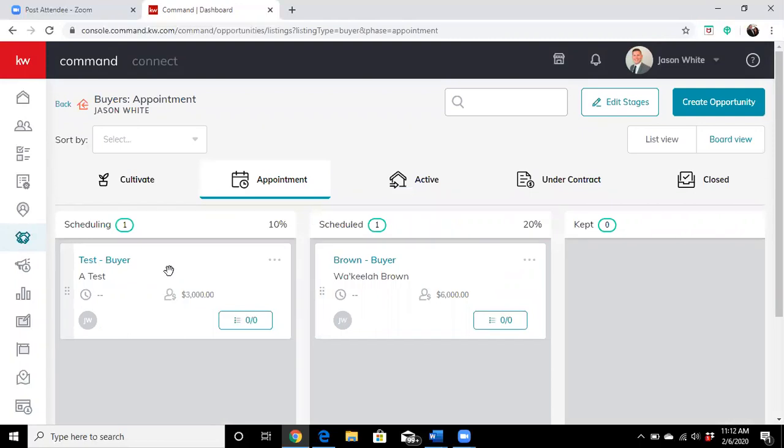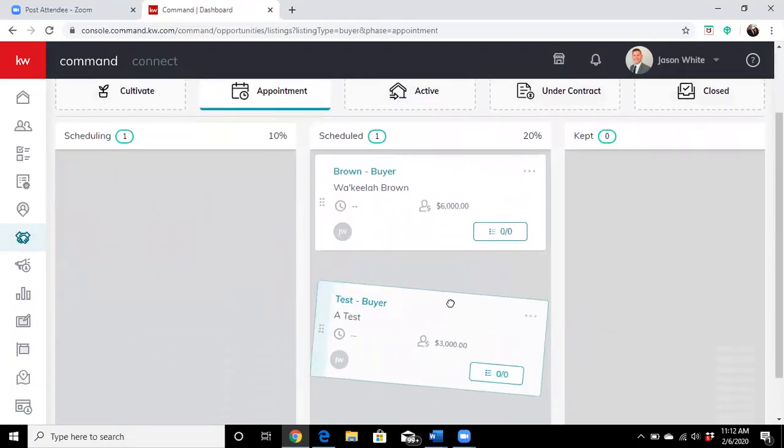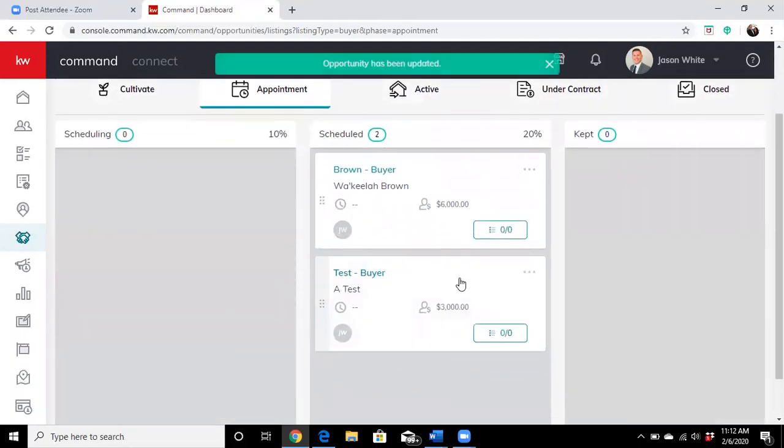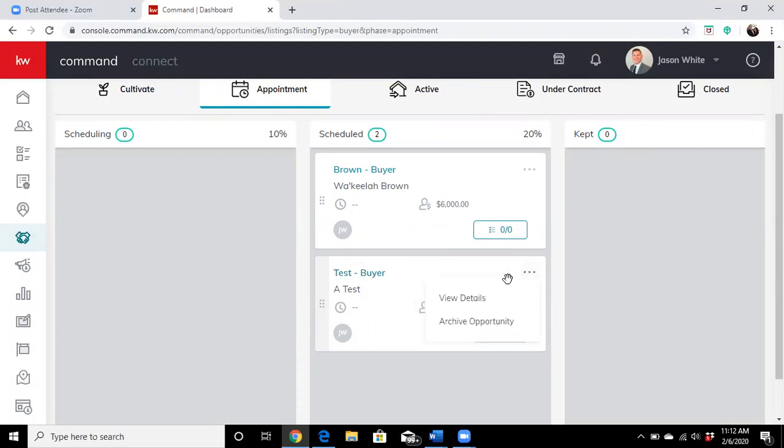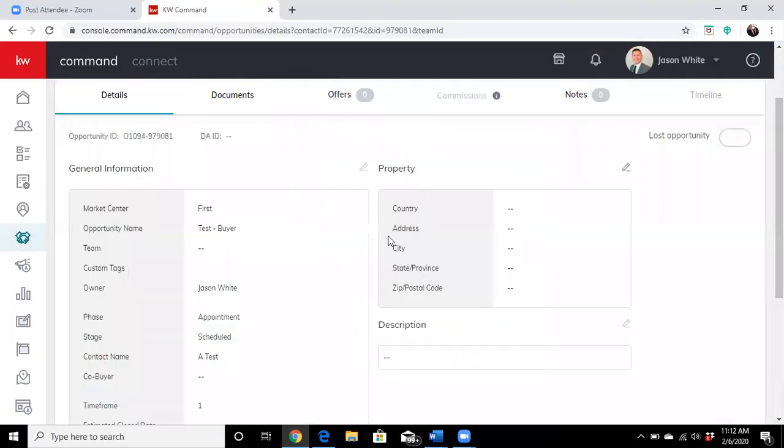Now, if you see the little dots, it's under scheduling. I can continue to move it throughout. So if you just take a look up at the screen, you can keep moving them along. And if you need to add some more information, see the little 3 dots, I can view details and edit whatever I need to. So once I get to the point where I have an actual offer,